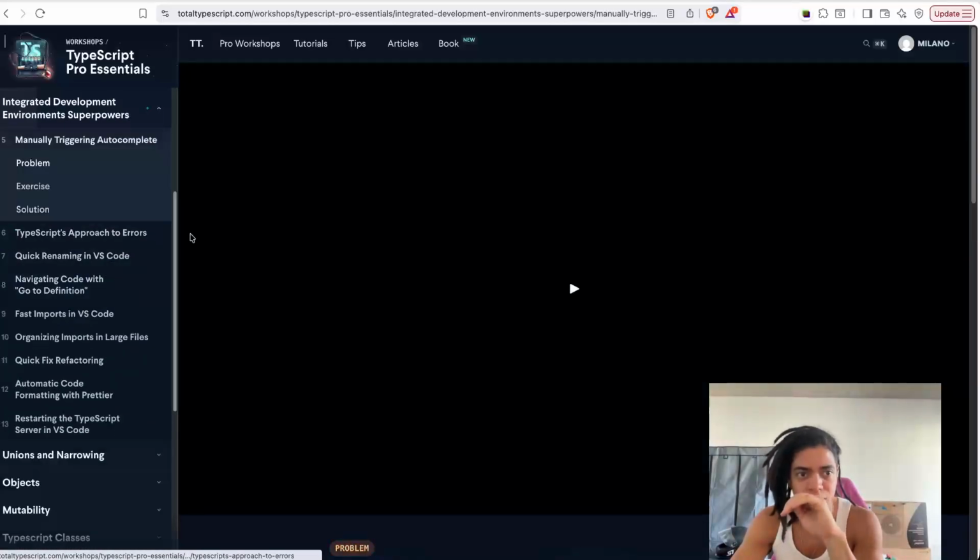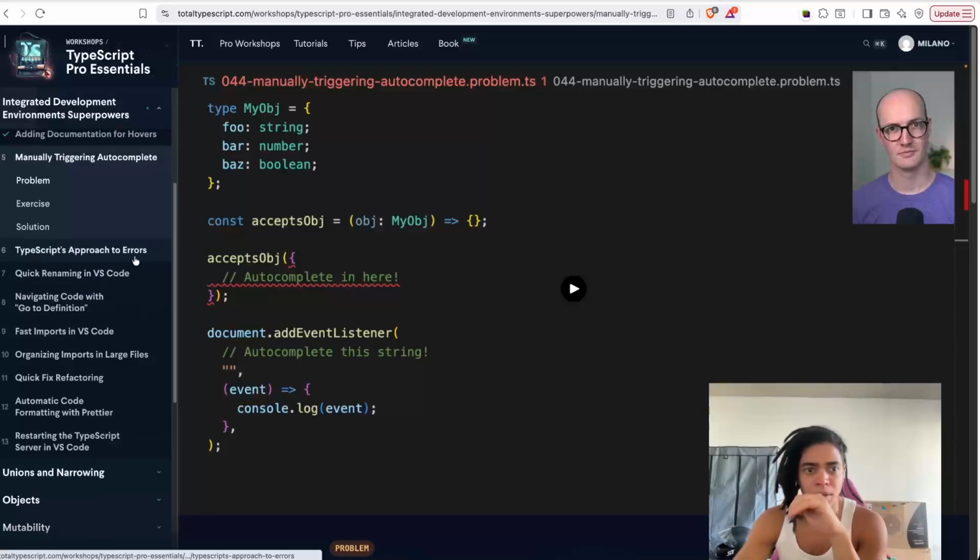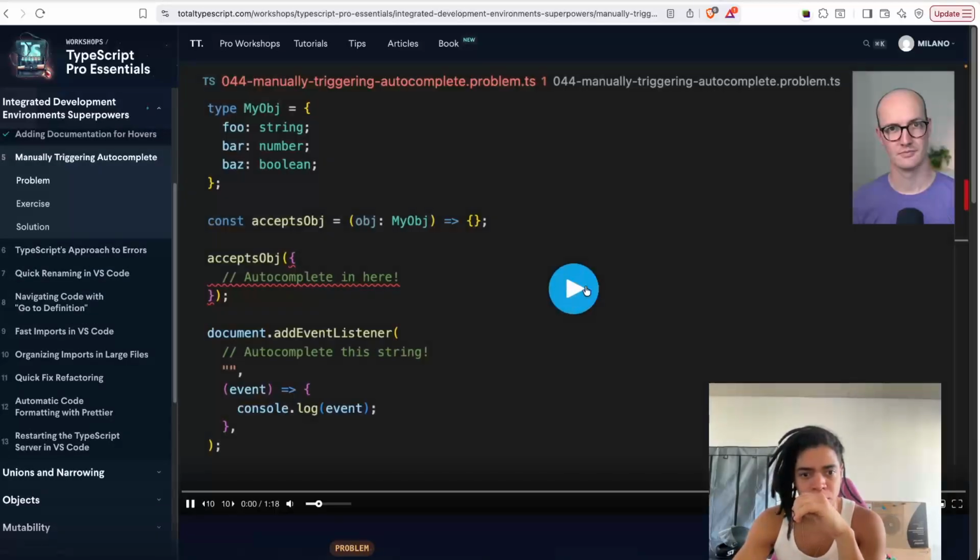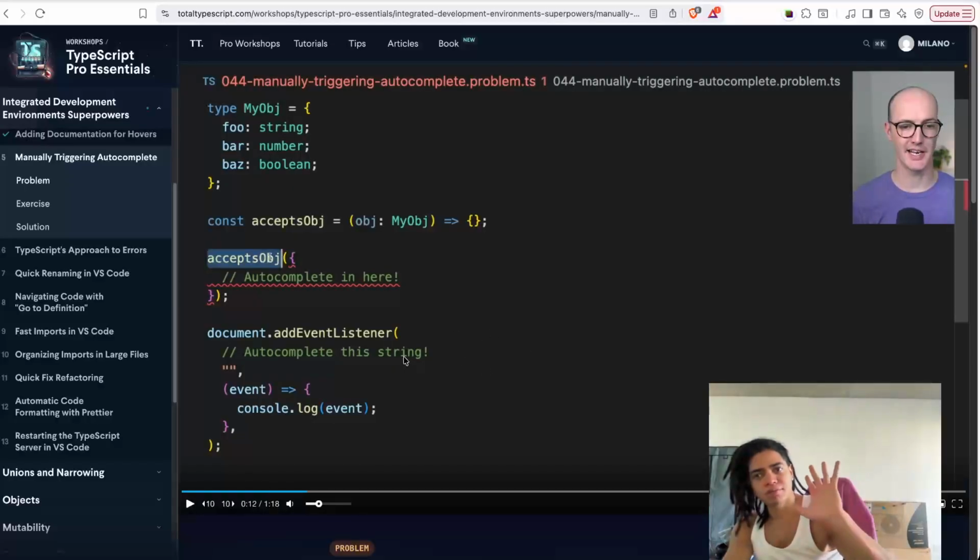Absolutely useful for that. And manually triggering autocomplete. Autocomplete is one of the coolest features of TypeScript. Sometimes I'm really not sure how I ever coded without it. Autocomplete can sometimes be a little bit tricky though. For instance, when you have, let's say, but in any case,